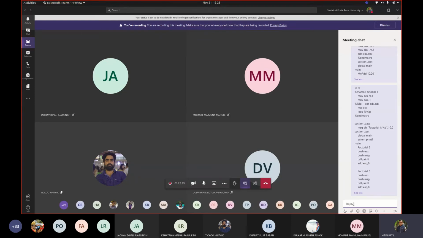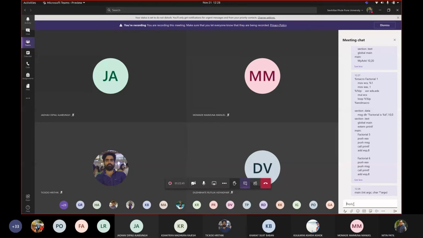Have you ever used this kind of code? I'm writing it in the comment box. Have you written a code containing main with int argc, char argv? Have you written this kind of code in C language, where the number of arguments is given at runtime?